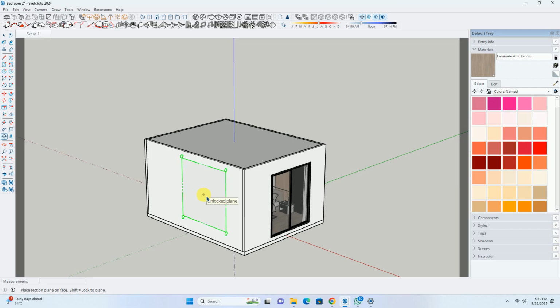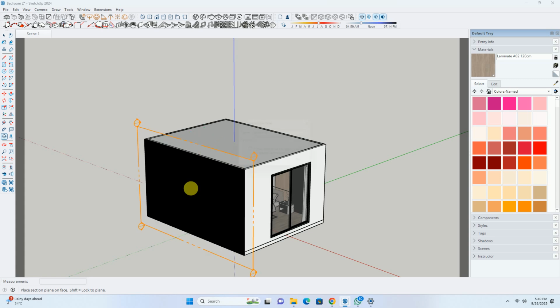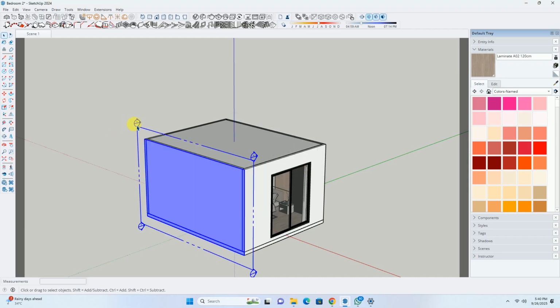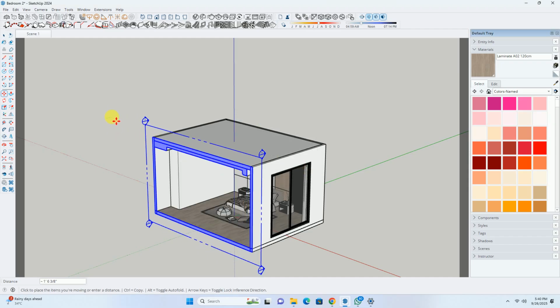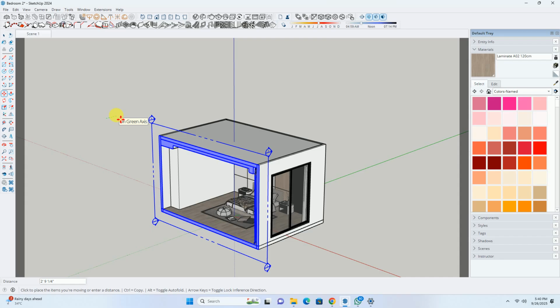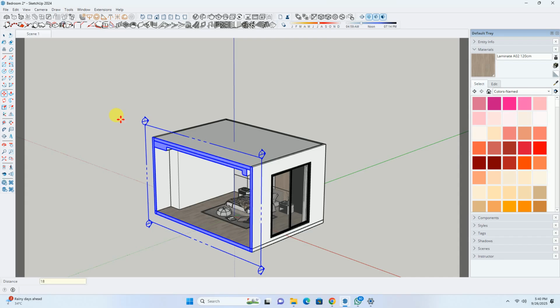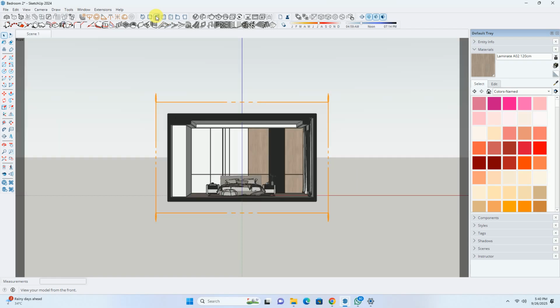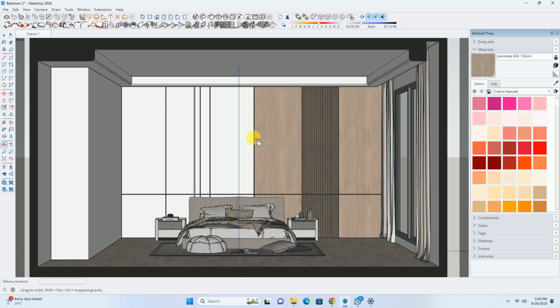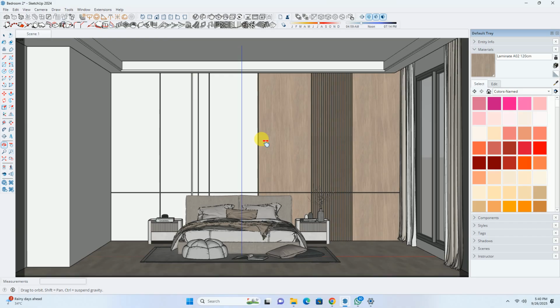For doing that, first of all, we'll have to specify a plane on which we want this section view to be placed. I want a vertical section, so I'll keep it on this green plane. Then I'll move this plane forward to about 18 inches of depth. Now we'll go again to this front view. As you can see, we are getting a perfectly aligned view, because we haven't hidden the wall, we have created a section.